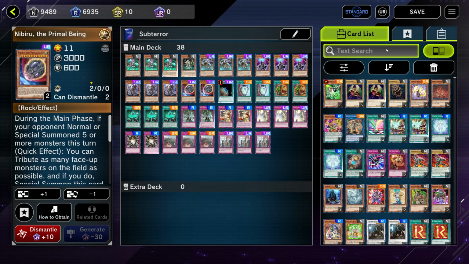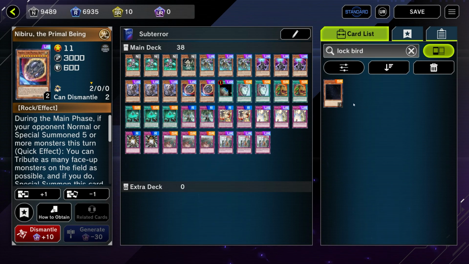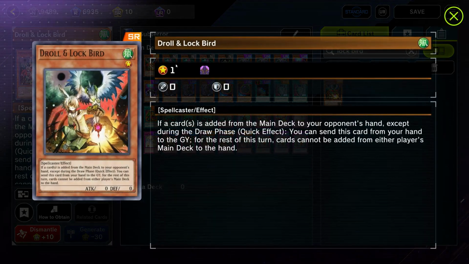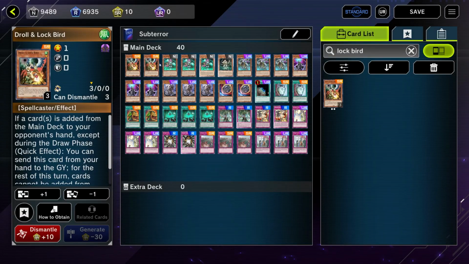you'll see soon. And then finally, the last 2 cards running in this deck are Droll and Lock Bird. So we are running 2 copies of Droll and Lock Bird. Actually, that's not a finally. I have another card I want to talk about. So we are running 2 copies of Droll. This card is great. It's a hand trap floodgate, which happens to hit a lot of decks in the current